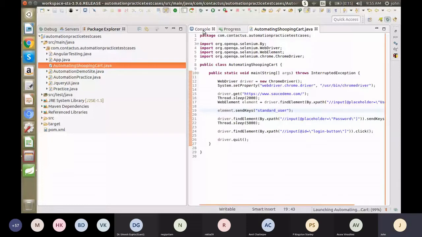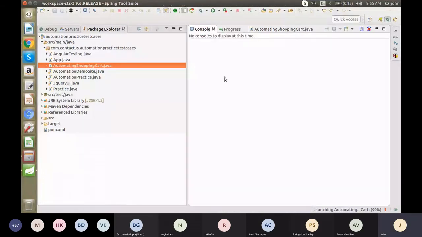So in the console, you can see the output. So is it started or not? Yeah, it is started now.